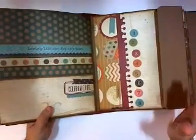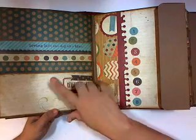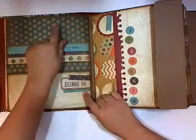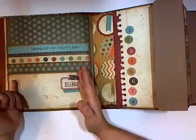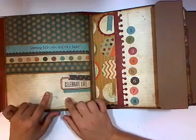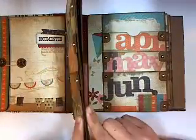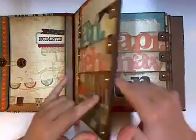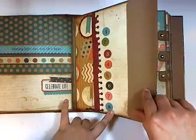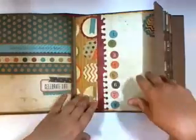The album continues throughout. This triple pocket assembly here is a bonus project for the Kit Club, and that will be posted to the Kit Club site. I'll show you all how to do this. It looks like one single page, but once you put your 4x6 photo mats in there, you can definitely tell that this is a triple pocket assembly. We finish off the quarter. This is just one section of the book, January, February, March, with a large size pocket file folder assembly here. And I love that because it allows you, again,